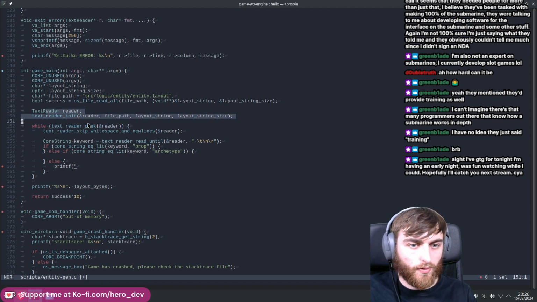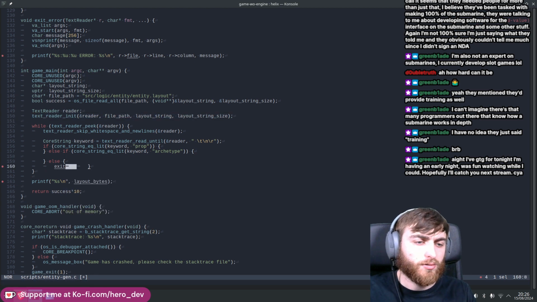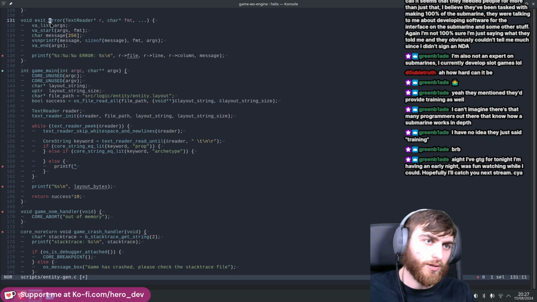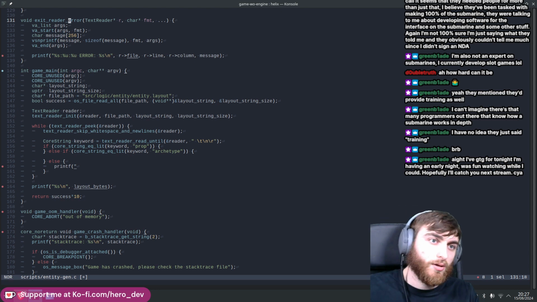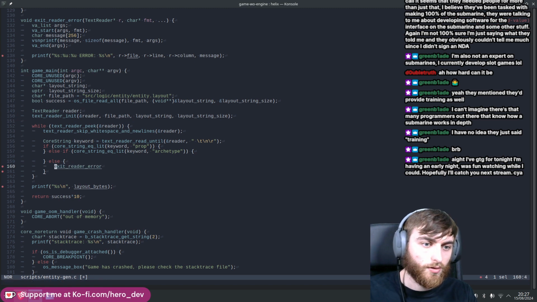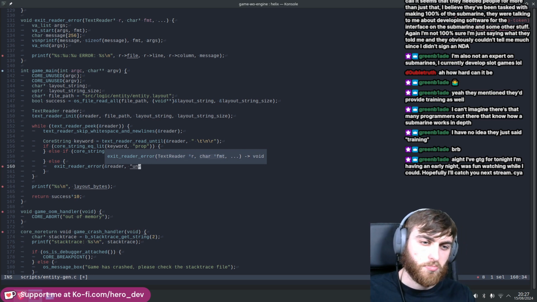Nice. So we did this. Now we've got this way to exit with an error, or like, exit reader error. Because there's more than just reader errors. Maybe we're operating on the data and realize, crap, you know. But I guess we can just do reader error for now. So we address of reader, the format. So this is like unexpected keyword at start of line,